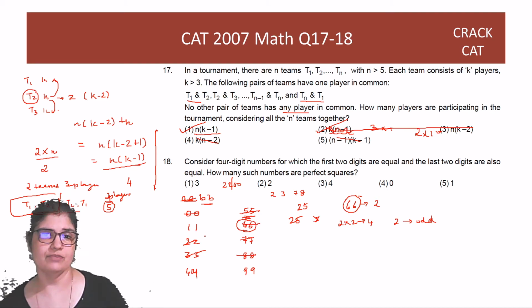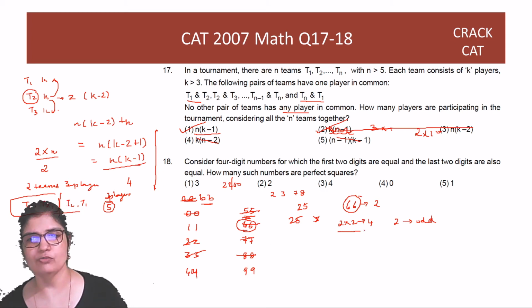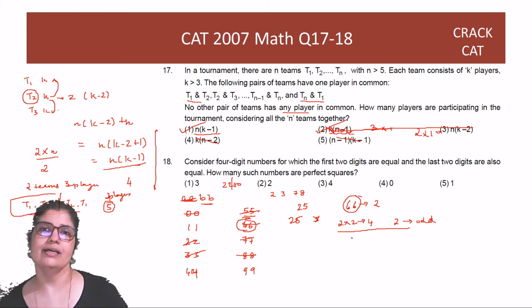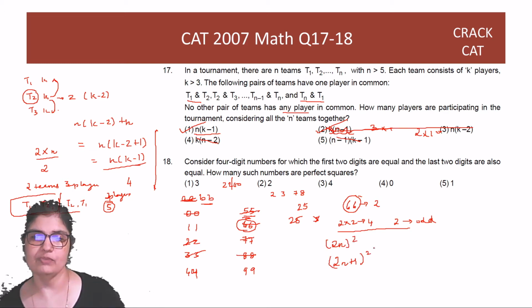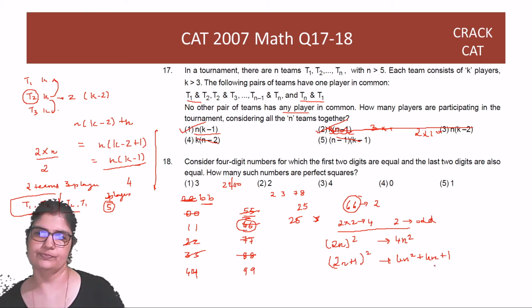अभी अपने पास 1 1 है, 4 4 है, 9 9 है. तो नाउ दैट वी आर टॉकिंग अबाउट 4 गाइस, टेल मी 4 के साथ क्या रिमाइंडर आएगा. कोई भी नंबर या तो इवन होगा या ऑड होगा. इसका परफेक्ट स्क्वायर हम निकालते हैं, तो परफेक्ट स्क्वायर, हाउ विल द परफेक्ट स्क्वायर लुक? It will either be a multiple of 4 or it will be a multiple of 4 plus 1.